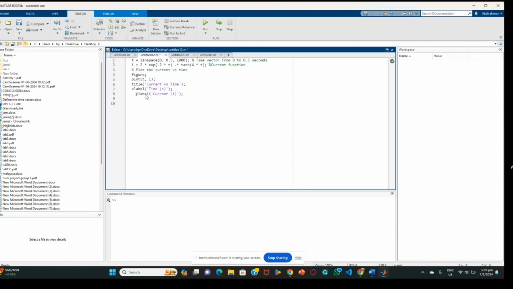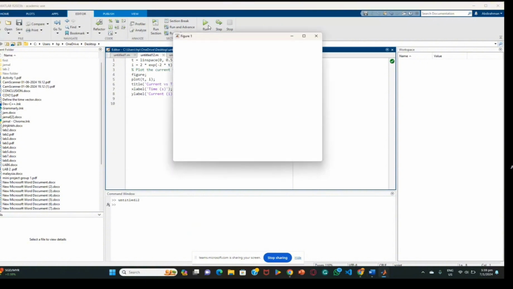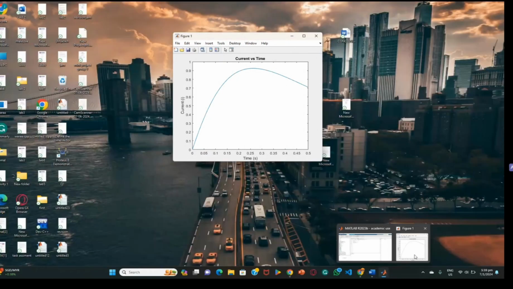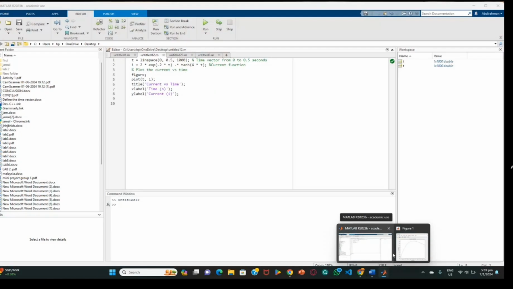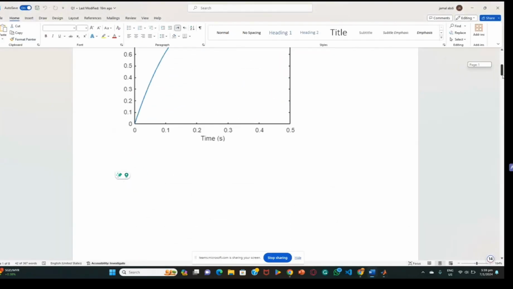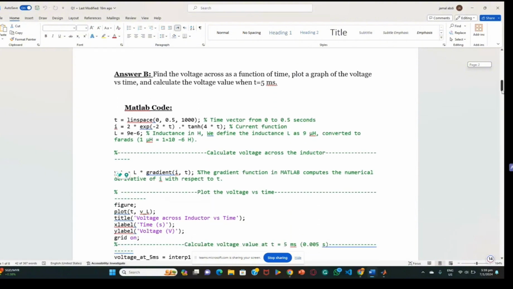Then I will check. So this is the answer, and this one and my answer are the same. So that's question A. And the second question is